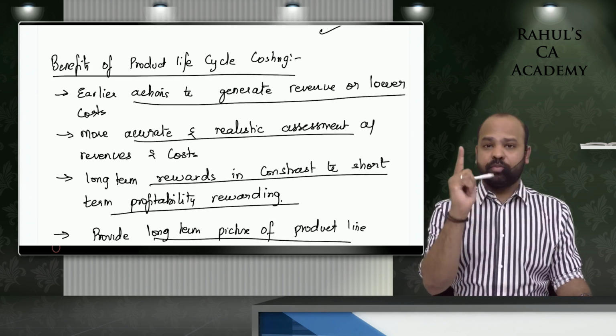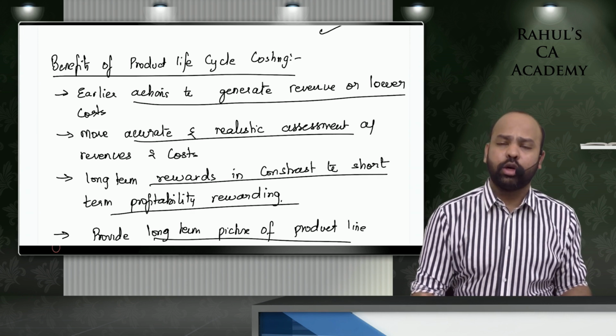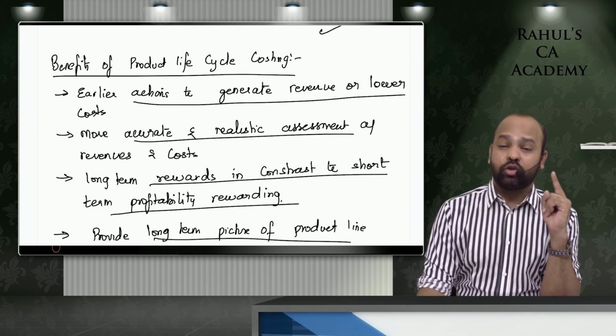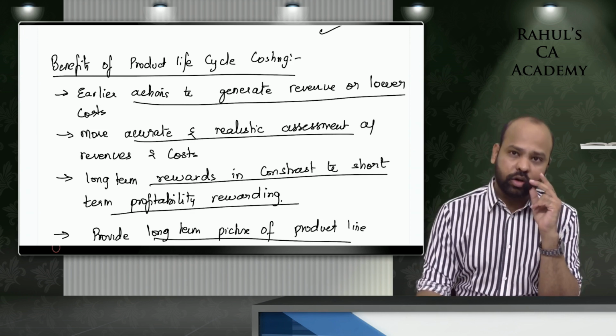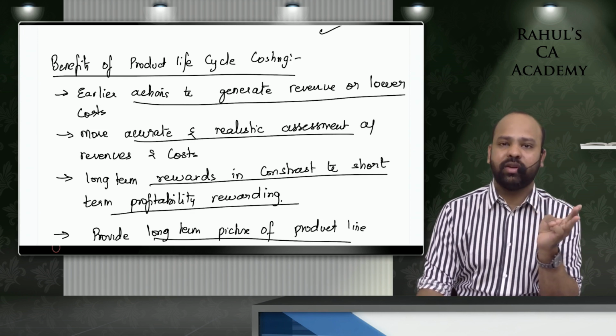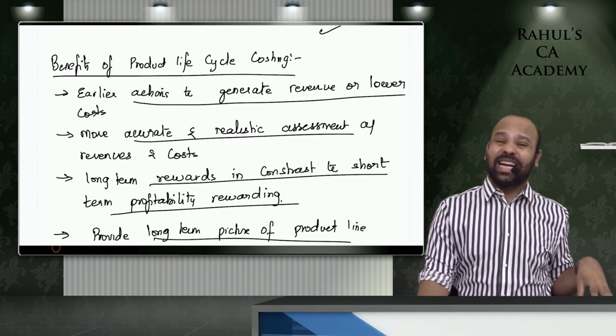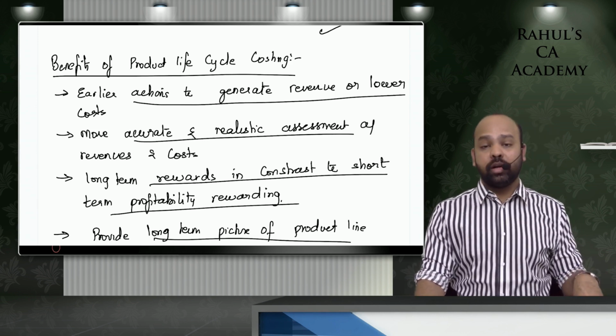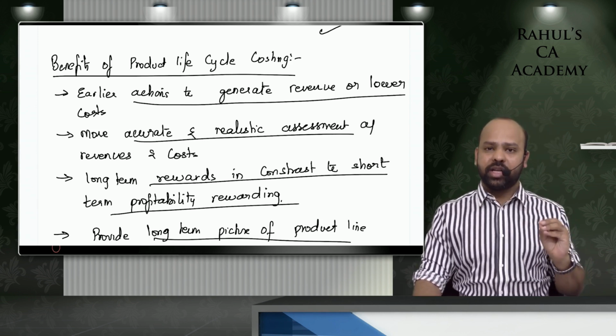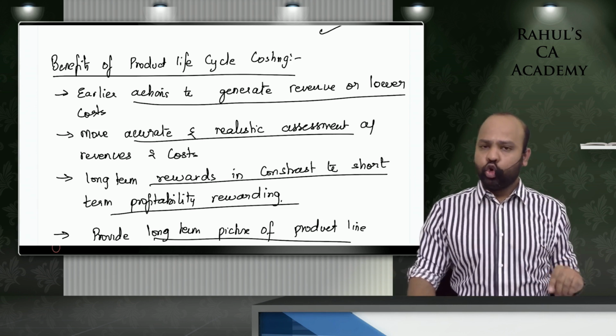Remember, the benefits of product lifecycle costing are also very, very important, guys. I repeat again, beta, target costing is very important, lifecycle costing is very important, Pareto analysis is very important, environmental management accounting is very important. This should be like category A, beta, for your revision one day before the examination. Category A should remain, beta, for revision one day before the exam. Do not forget that, beta.